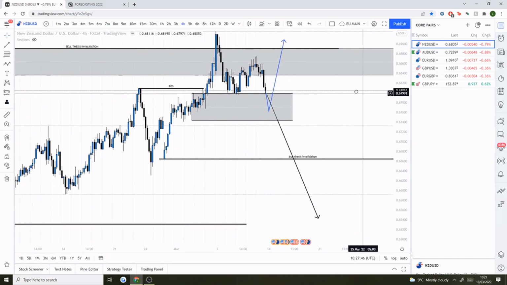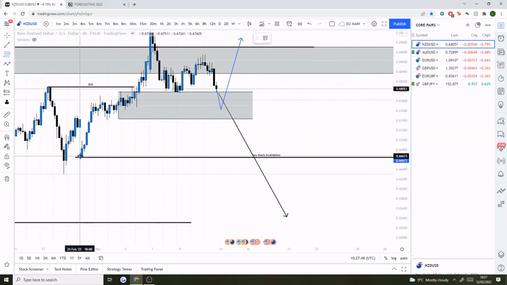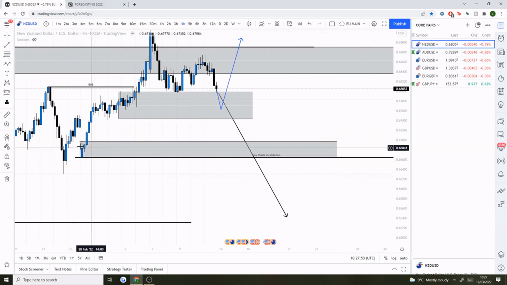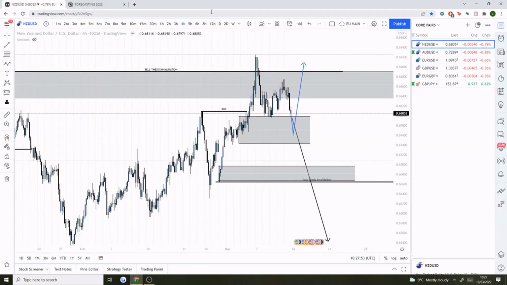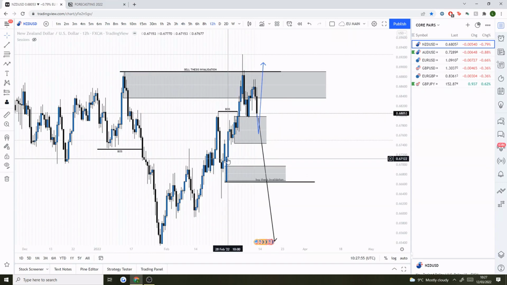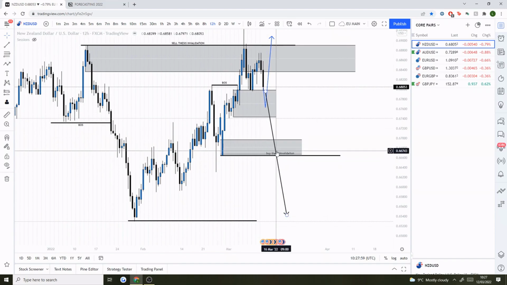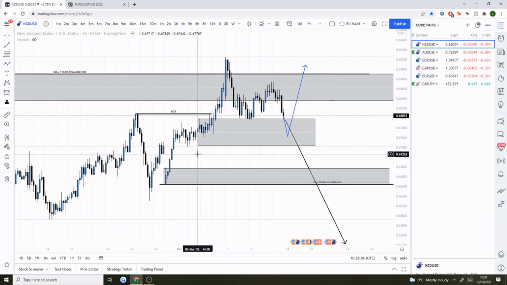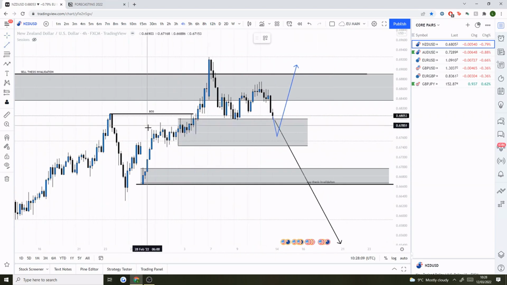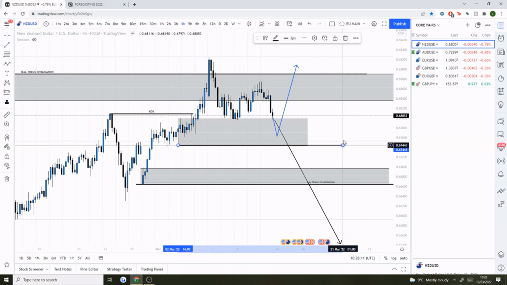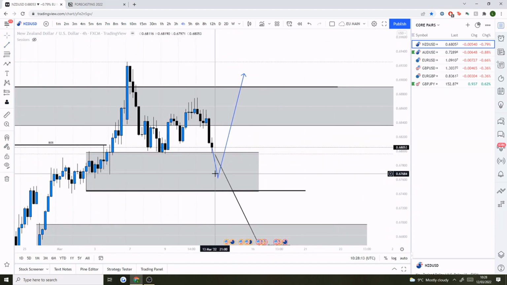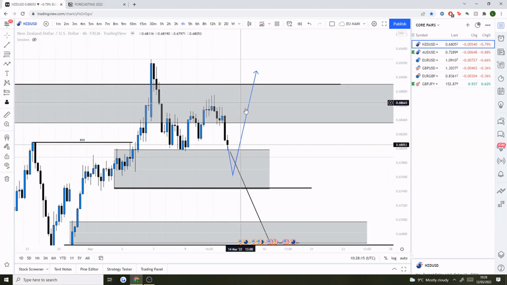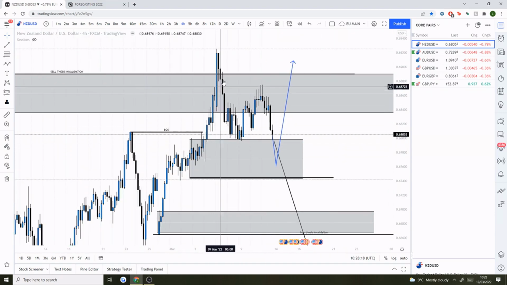So looking at it in terms of the 12-hour, I will just mark off this area down here because we have got this imbalance there, and within the 12-hour, that is the order block that caused that whole impulsive bullish move. So until we violate this area, we can't really be certain that it's going to go down. Now, looking at the 4-hour, however, the 4-hour low is here. So for me, if this bullish thesis is going to continue, I'm really going to expect it to continue with the 4-hour.